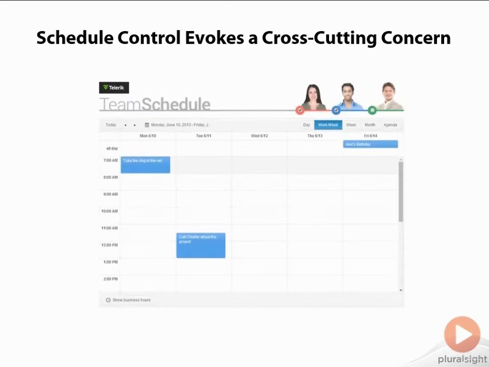In our scenario, scheduling is a big part of the application, but it isn't our domain. Our domain is the veterinary clinic. We consider scheduling to be more of a cross-cutting concern and one that could be partially solved through a rich user interface. We ended up using Telerik's Kendo UI Scheduler widget, which can display schedules in a variety of formats,